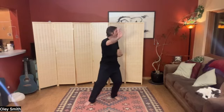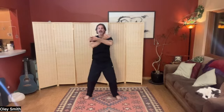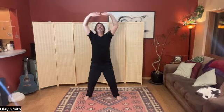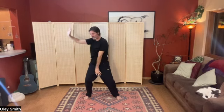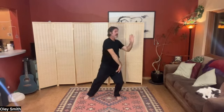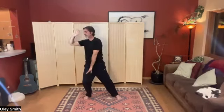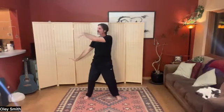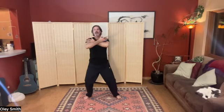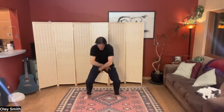This time, step to parallel. The couch arm sweeps around, and it's out front again. So it will part the clouds and sweep down in front, and then lift and shift, lift and shift. And this time, when the hand comes in front of the face, embrace the tiger with the lower arm, open wide, gather from the earth, press through your heels to come up,